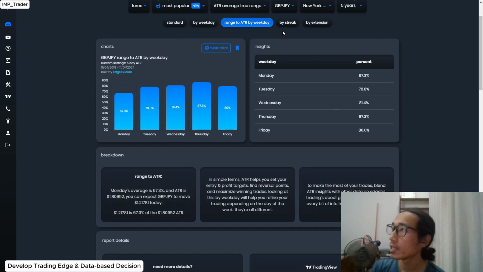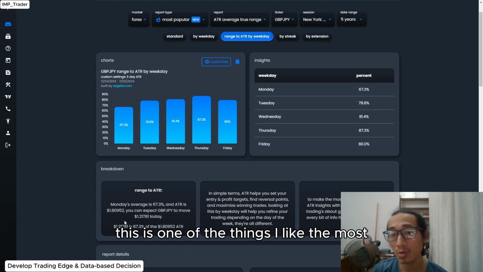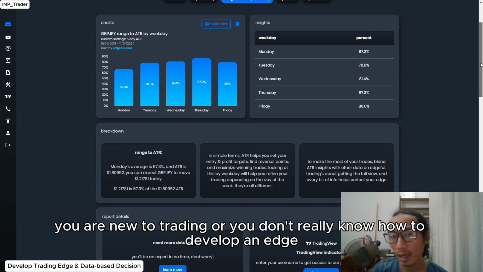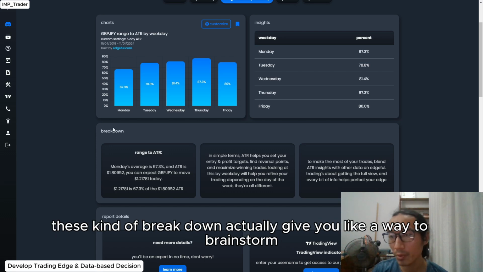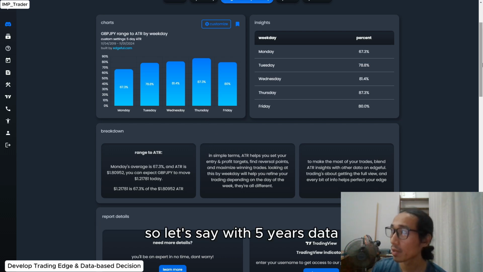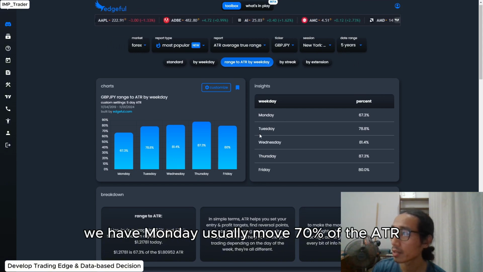Another example is ATR by weekday. So you can see the breakdown right here. This is one of the things I like the most, like I told you in the beginning. If you are new to trading or if you don't really know how to develop an edge, this kind of breakdown gives you a way to brainstorm, to understand how to use ATR more than just as a measure. So let's say with 5 years of data,